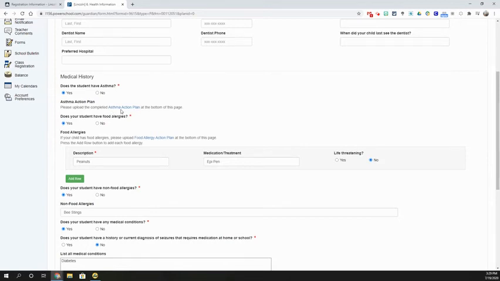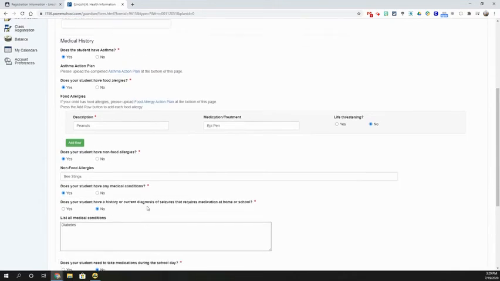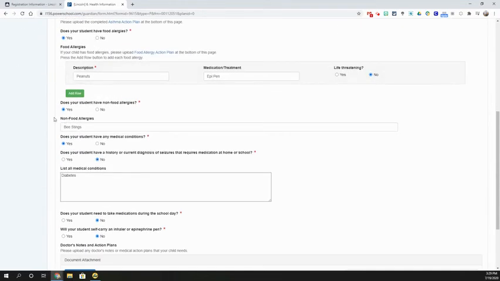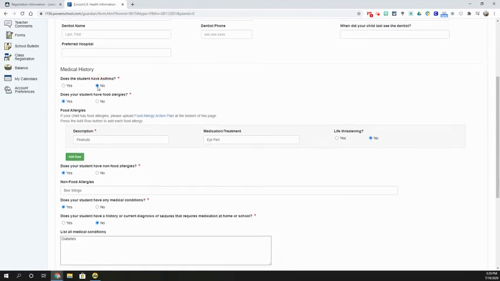And again, do not stop registering if you have not completed these plans. You can submit them later. Once you do have them filled out, you will come down to the bottom and you will add them. But in the meantime, we're just going to go down and select and fill out each